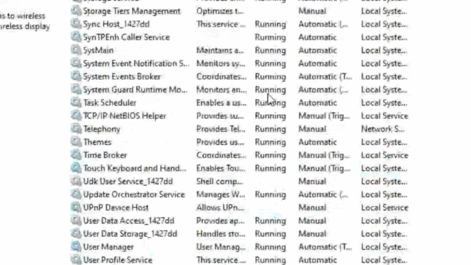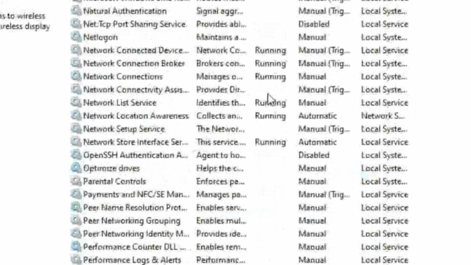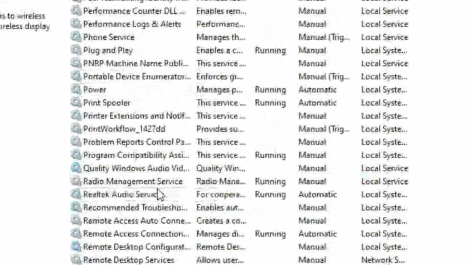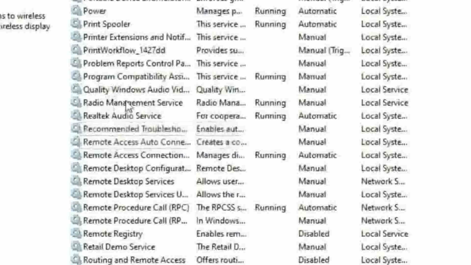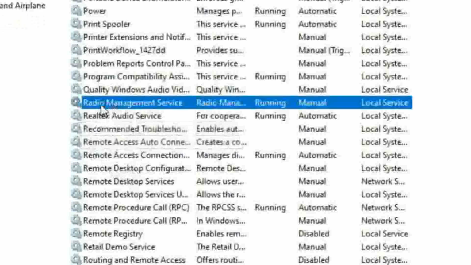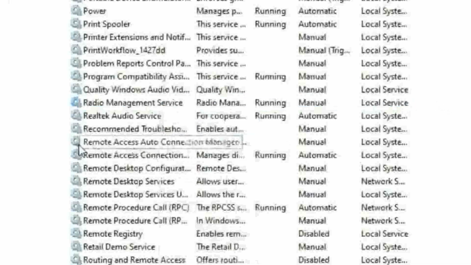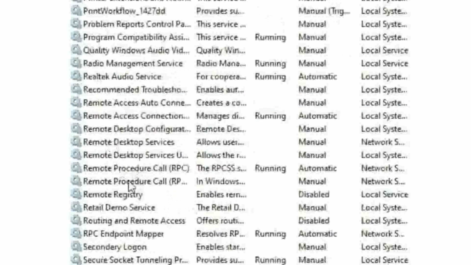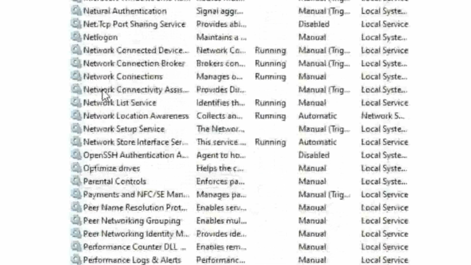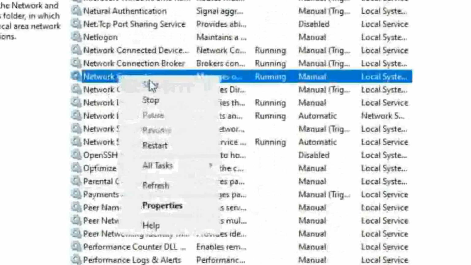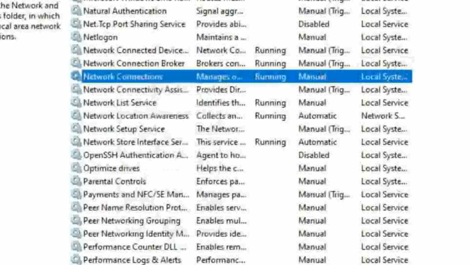After that, go to Radio Management Service. Okay, secondly, go to Radio Management Service. Okay, it's okay, it's not important. After that, go to network connections. Okay, network connections. Okay, it's okay, so you can close all windows